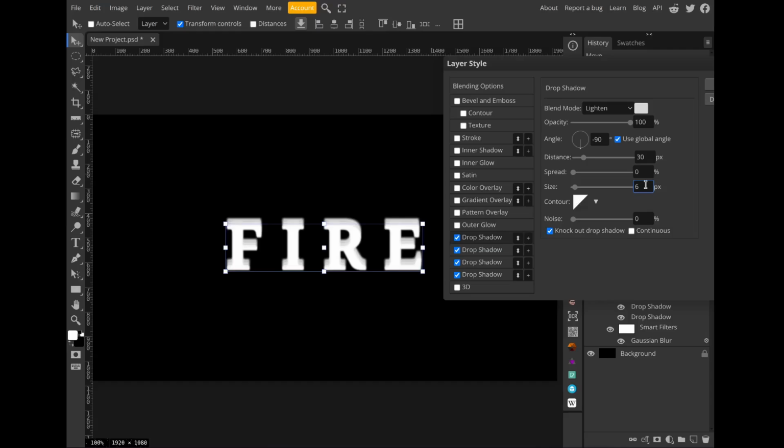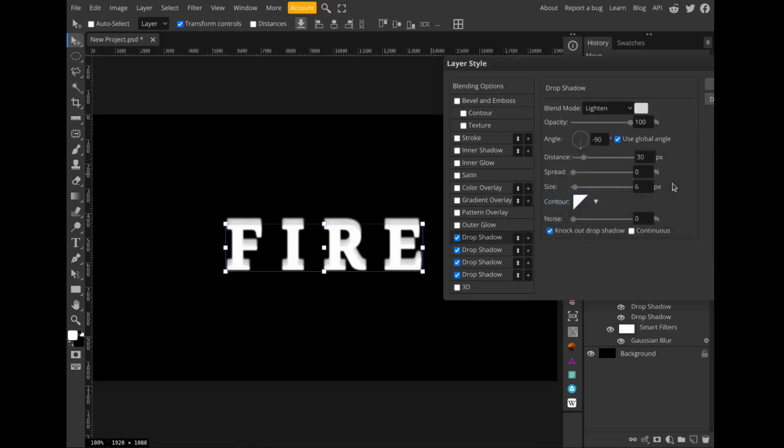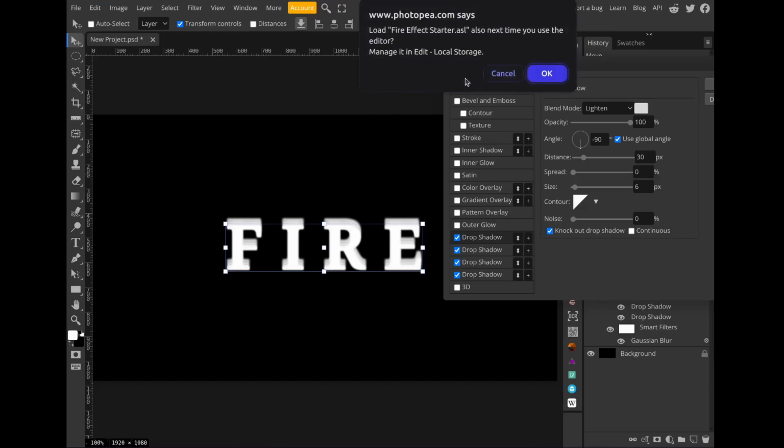There's a link in the description to a layer style that you can download where I've made all of those duplicates. It's called FireEffectStarter.asl. All you have to do is come over to this panel right here, and then hit this little triangle, hit load.asl, select the file you want, Fire Effect Starter,